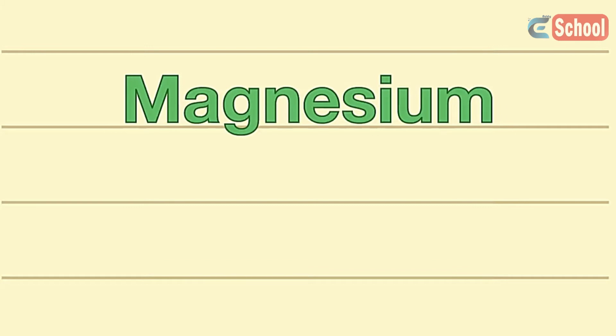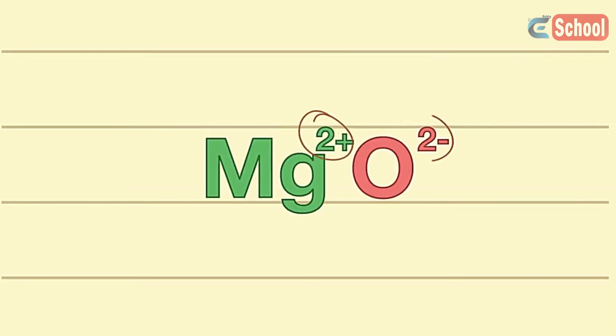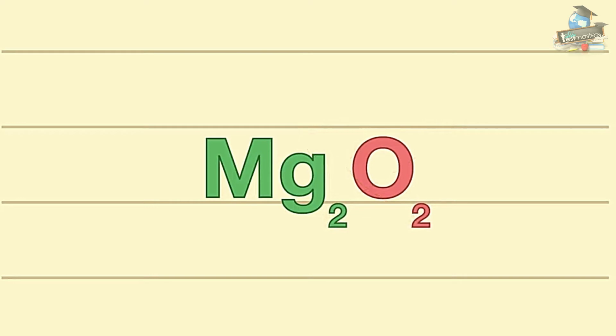Let's keep that piece of paper because we will do another example, this time with magnesium and oxygen. Let's write the ions along with their charges side by side. Then we will crisscross these charges. We should get the following formula,